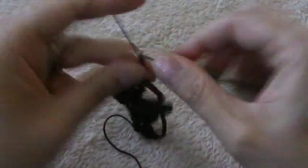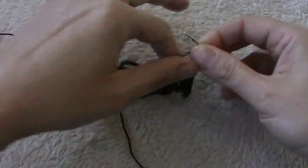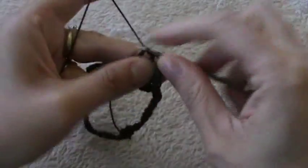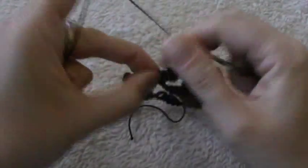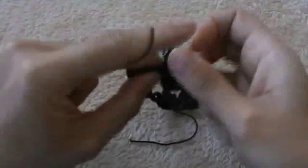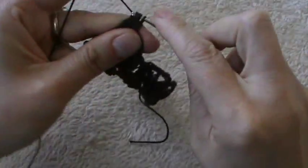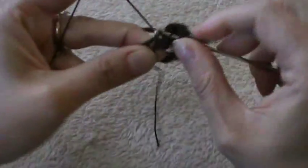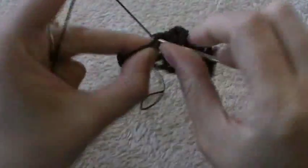Okay, now chain 3, and now we have to join, and I will join into my first chain here. Can you see it here? So insert your hook and join with a slip stitch, then chain 3 again and back to your loop to complete with your second cluster, second petal. 2, 3. Okay. Now skip into the next loop and work your first petal, your first cluster of this loop. 2, 3,